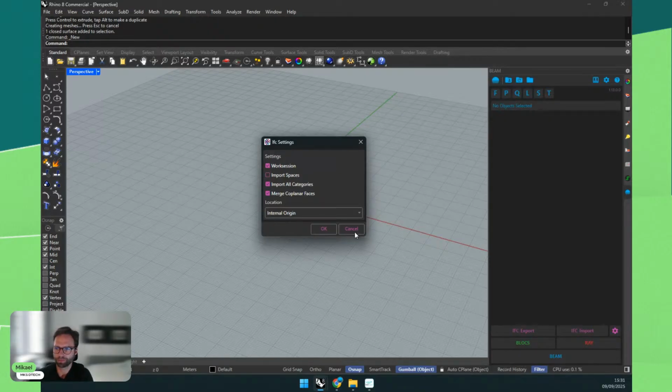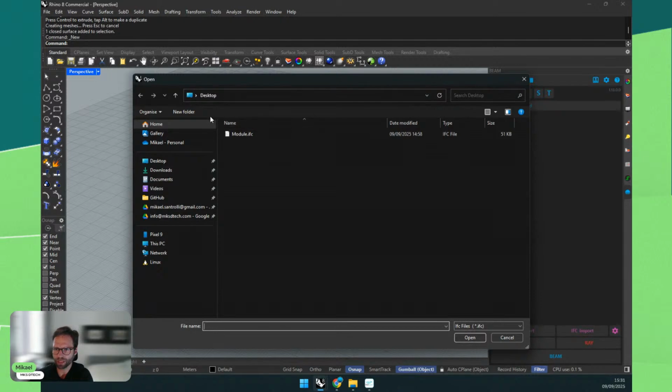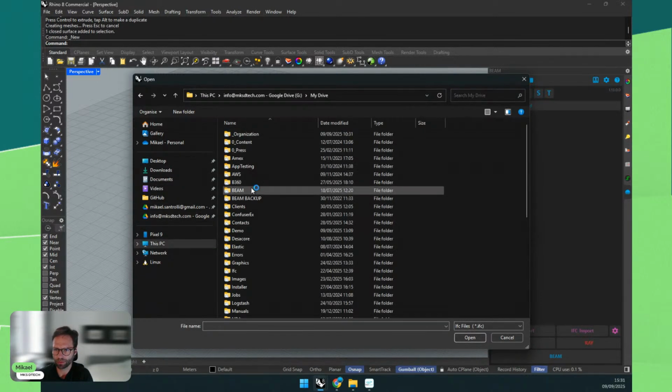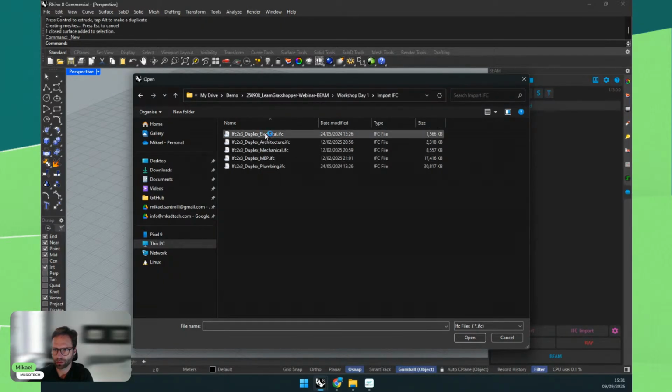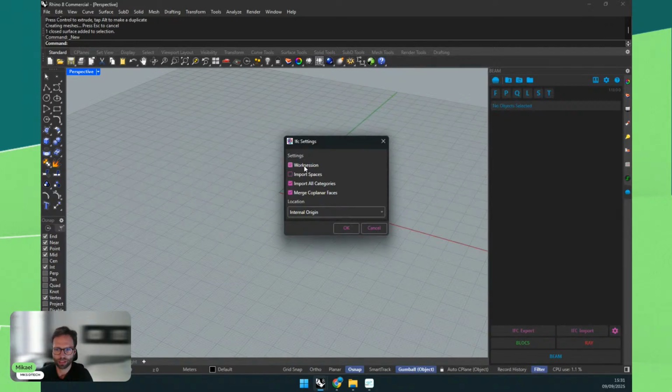So let's pick a better file. If I go to our folder example, that we will share with you, okay, import IFC. So let's pick architecture. This file is a 2 MB file. I will choose to have it as a work session, not import spaces. I can also decide to import it using another C plane, as we said before. But importantly, this is something some viewers and importers don't do, we can also decide to not import certain categories. So let's uncheck this so we can see what happens if we do.